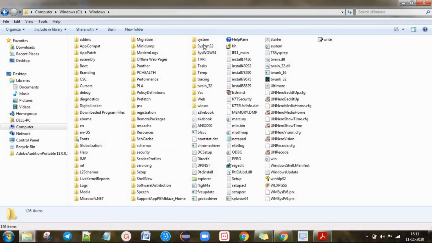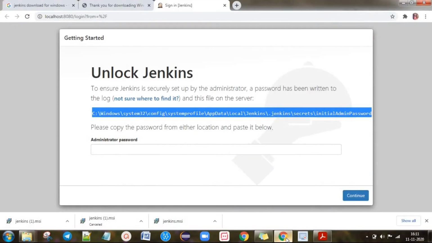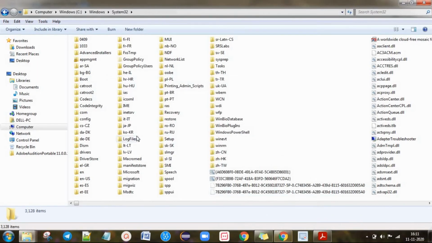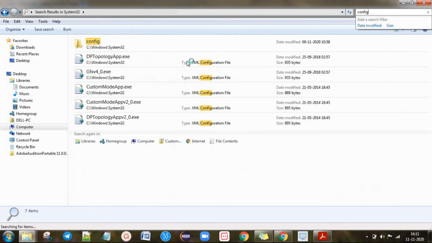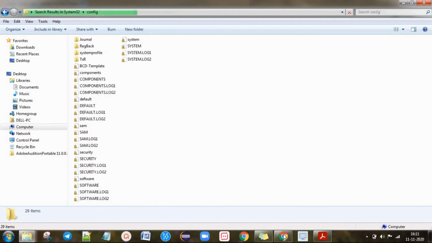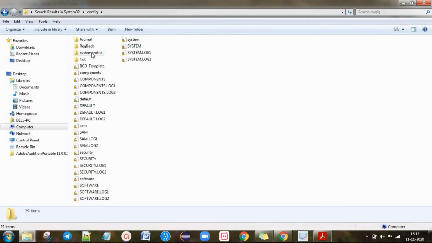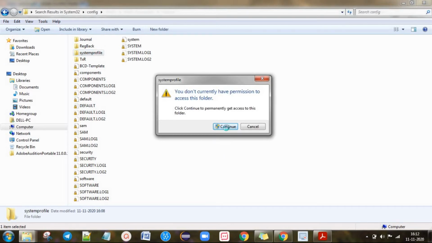System32, next config. You just go to config, and here you can click on continue. Next is system profile. Go to system profile, click on continue.